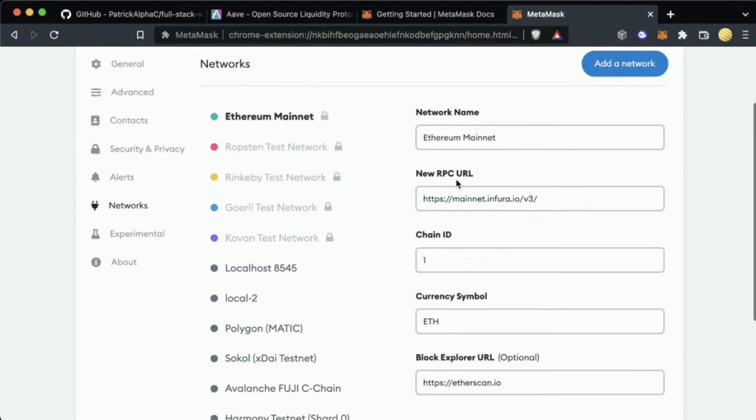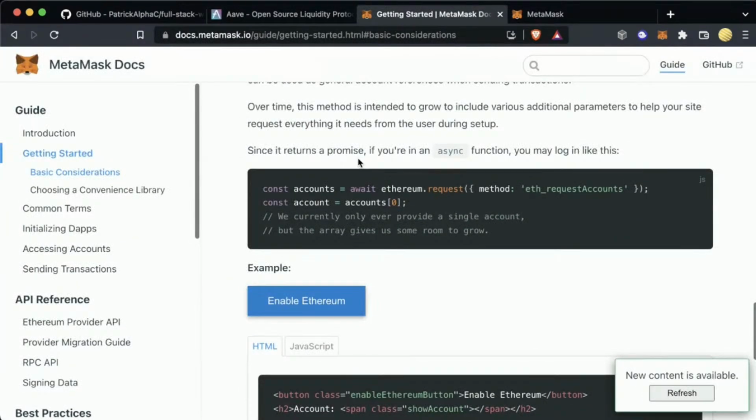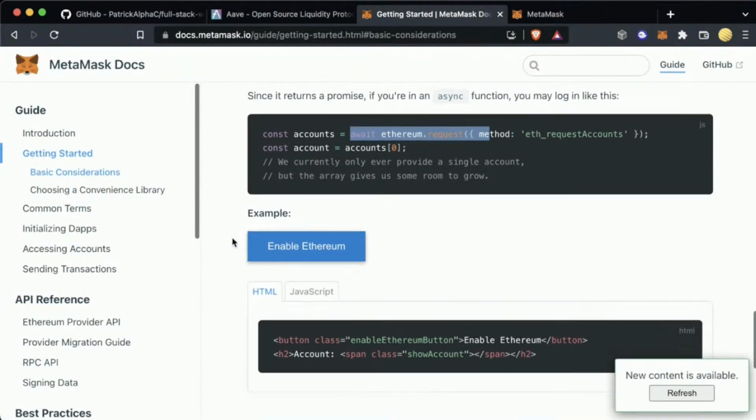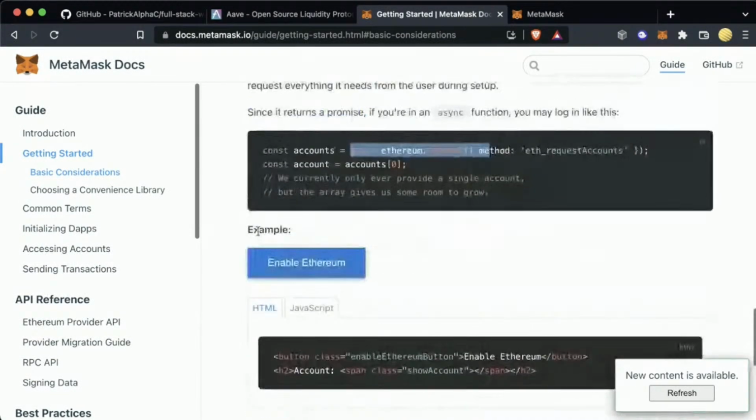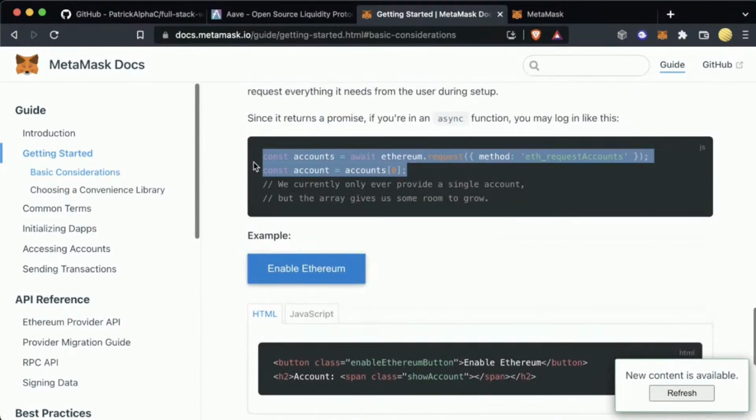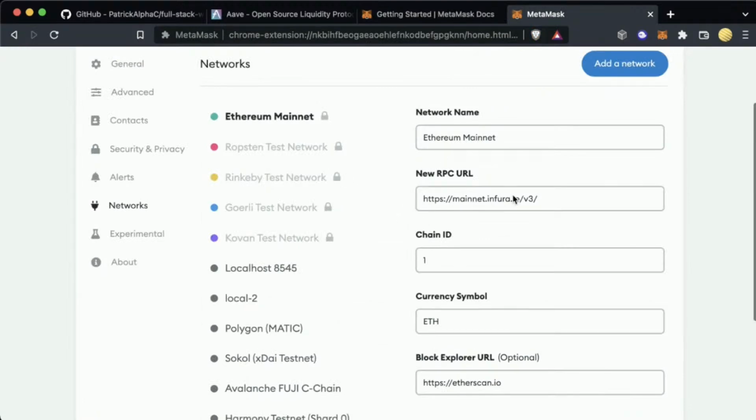It comes built in with connections to Infura. And when we connect our application to MetaMask, once we connect, we can send our MetaMask regular transactions as we would on Hardhat, Brownie, etc. So we connect to our MetaMask, we connect to our RPC URL, and we send regular transactions to that RPC URL.